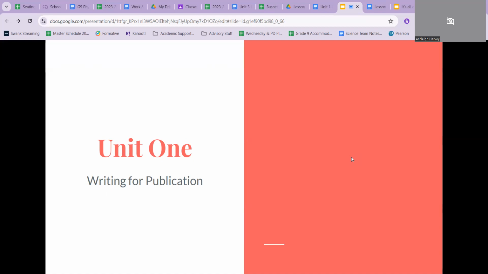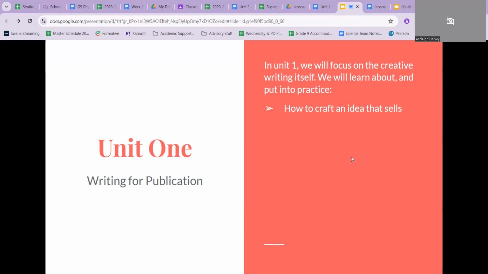For our first unit, which is basically just going to be term 3, we're going to focus on the actual writing itself and things that you want to put into practice while you're writing. So we're going to talk about, probably mostly in this order, how to craft an idea that is going to be sellable, right? So how do you know if your idea is a good one and is going to be received well? How to turn that idea into something that your desired audience is going to want to read,